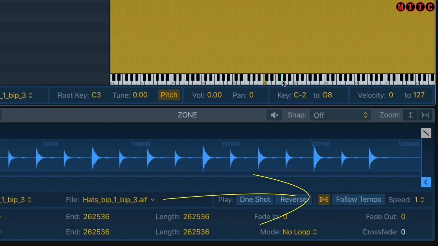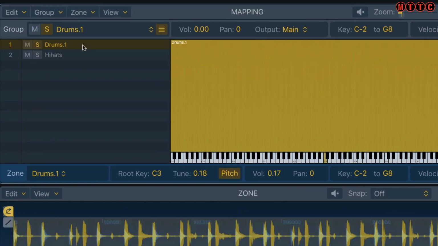And now, okay, which is what we're looking for. We want to time stretch this. Play that back so you can hear how the hats actually sound. Okay, and now I'm going to solo just the drums so you can hear how the drums sound. And now we're going to hear them both together layered on top of each other.